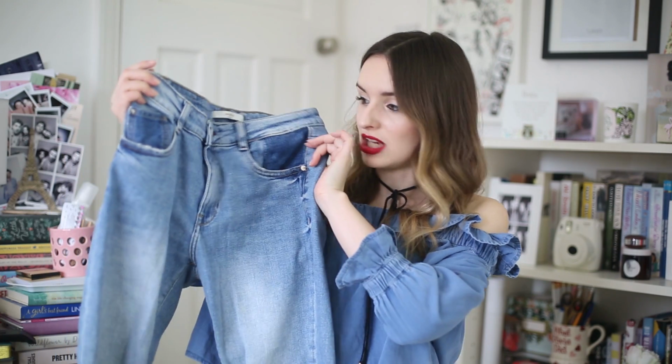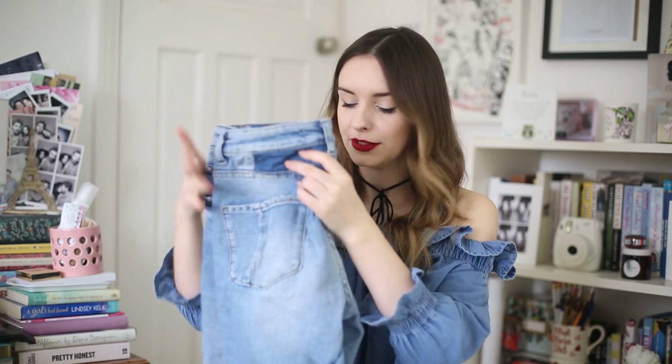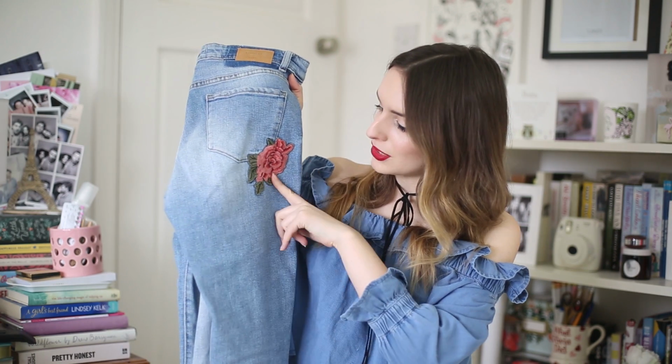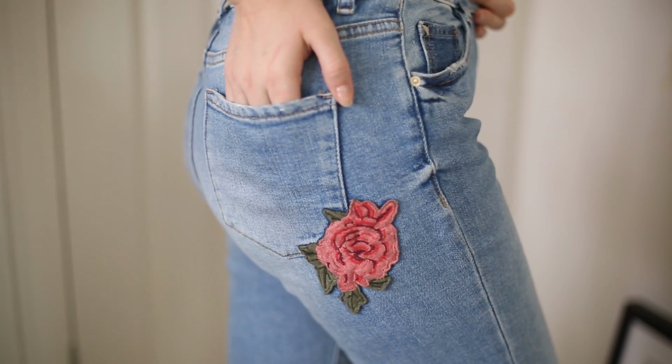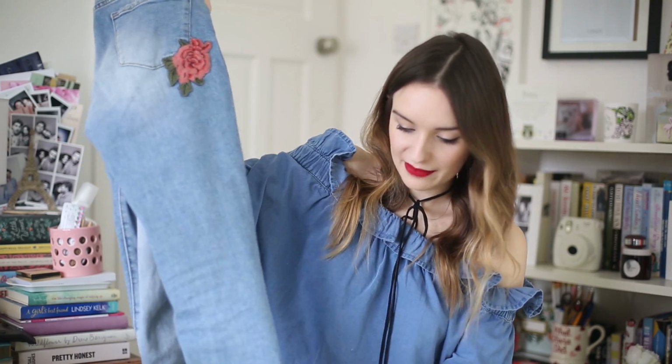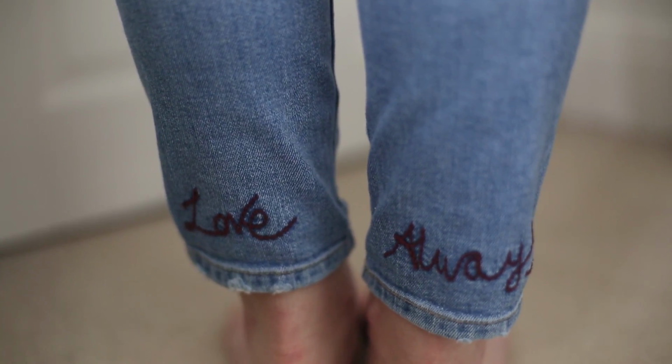Another item I bought from Zara, which I am completely head over heels with, are these jeans. Now from the front, they just look like standard jeans, basically, but the back is where the magic happens, let me tell you. So first of all, they've got this embroidered rose patch on the back pocket, which I am really digging. And then on the ankles, they have embroidery which says "Love Always,"